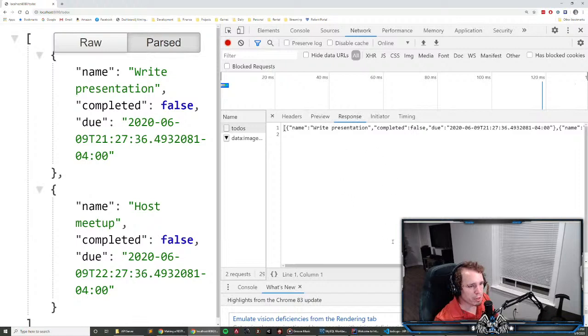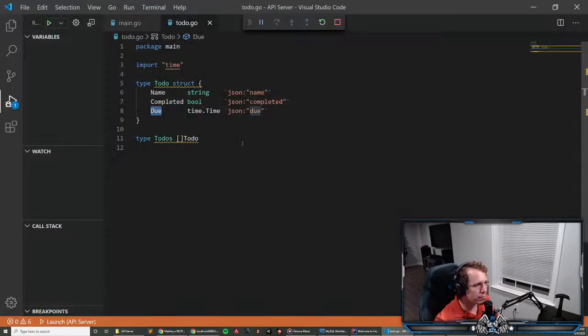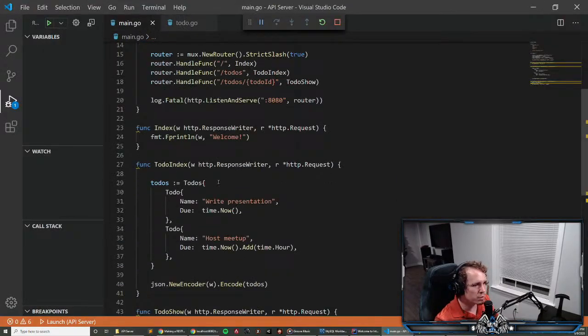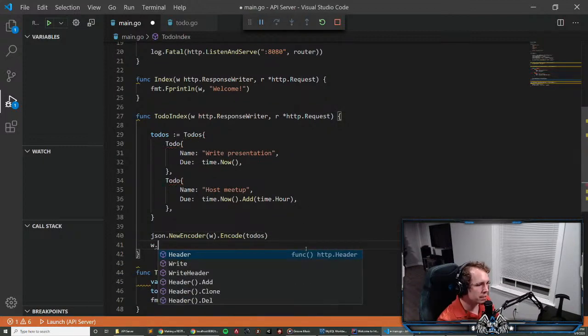Then you go to response, it actually shows you the raw response. But you'll notice you got a status code of 200, and we didn't actually set that, right? We didn't set it as part of one of these responses here. But what we could do is